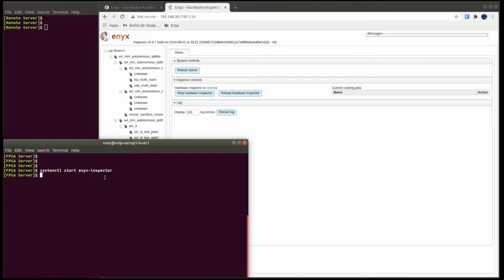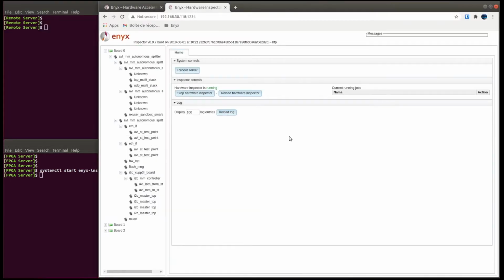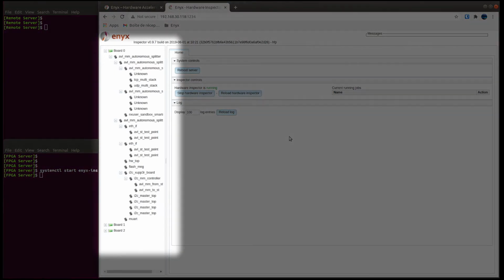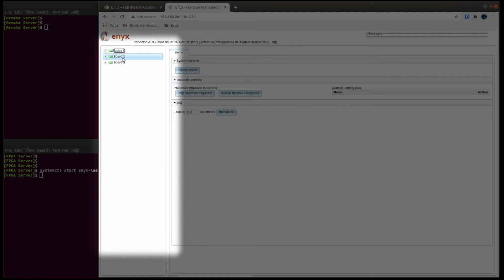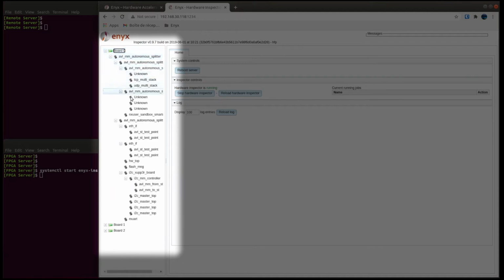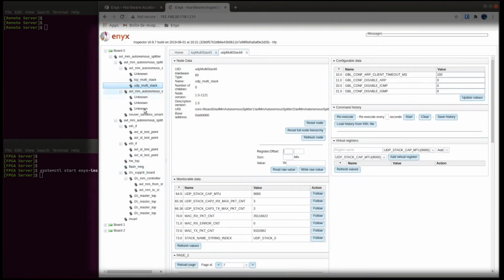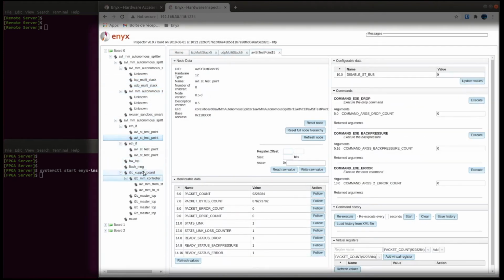Back to the web browser, we can see there are 3 FPGA boards with Enyx firmwares configured on the FPGA server, and the Enyx HFP driver is properly loaded, allowing us to see these 3 FPGA boards. Expanding one of the trees allows us to see the Enyx cores that are detected using MMIO inside the corresponding device. Each core can then be individually accessed,